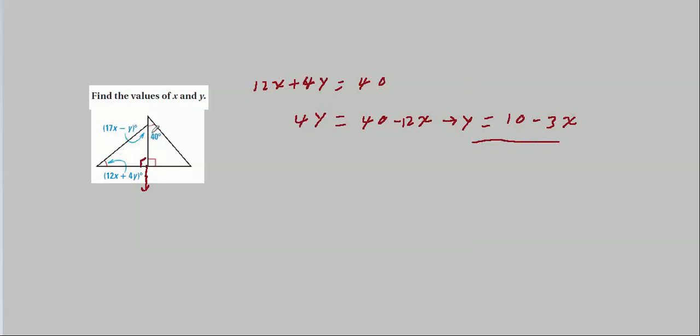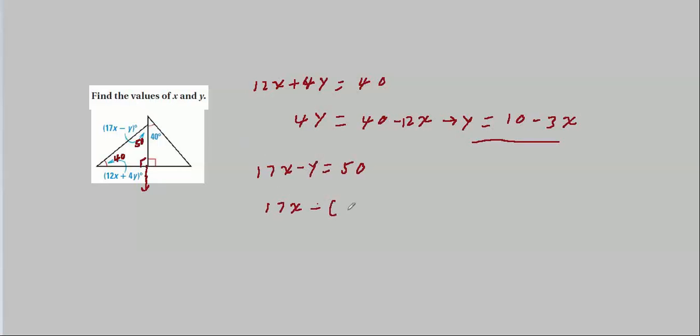Well, if these are congruent, that means this is 40 degrees here. This is a 90 degree angle. 90 and 40 is 130, and that means this must be 50 degrees right here. That adds up to 90, and 90 is 180. So we can set this one equal to 50. But two variables, one unknown. No good. Let's substitute our expression for y in here and get that 17x